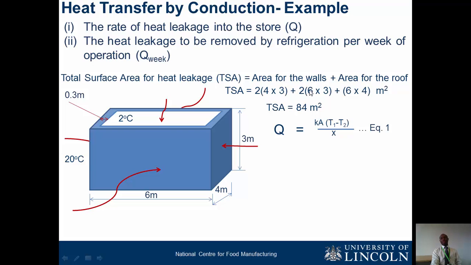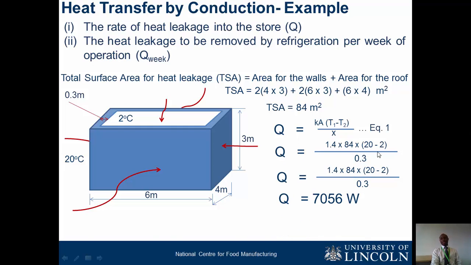For the walls, we have these two, this side, this and this. And for the roof, we have 6 multiplied by 4. So finally, we have our total surface area to be 84 meters squared. So we know that Q equals this from equation 1. You remember that? So substituting all that we've been given and the area that we computed into the equation, we have our Q to be